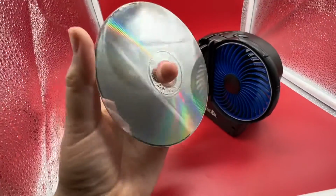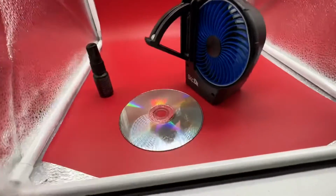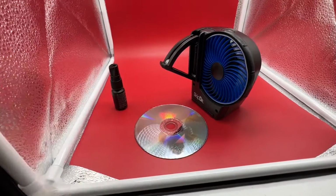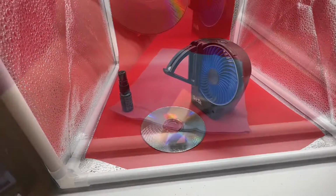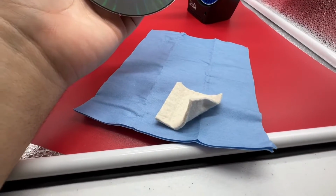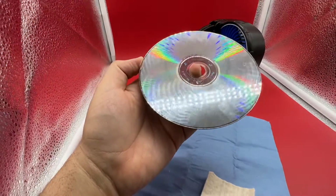So now we got swirlies all over the disc. So now what I have to do is dry the disc and buff it. I've used 2 hands for that, so I don't have a tripod on me, so I'll cut to that. Okay, so I basically dried the disc off with the blue paper towel thing, and then I took the buffing square, and yeah, it's